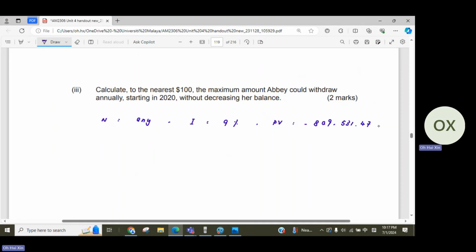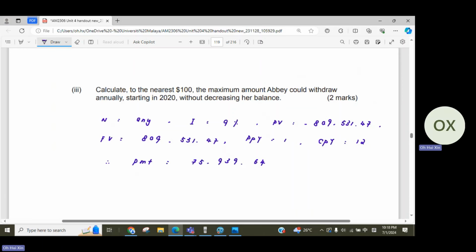Okay, then after that, the FV we got is 809531.47. So PPY is 1, CPY is 12, which is the same thing, because you are also talking about withdrawing annually. And the question didn't say any changes about the CPY, so that's why CPY is still 12. Key in all this in your calculator, then we should be able to get the PMT is